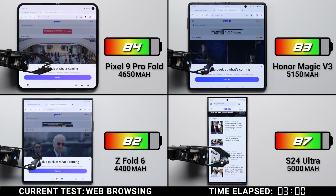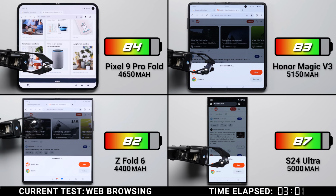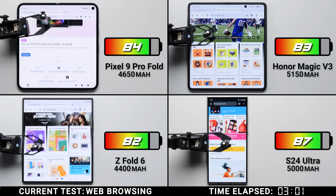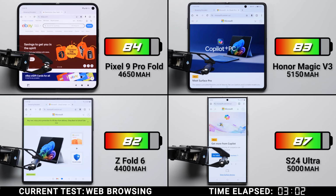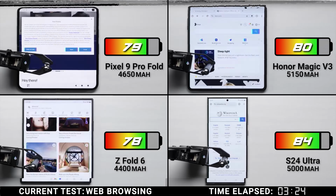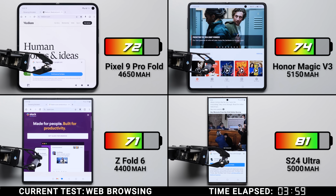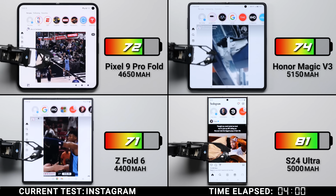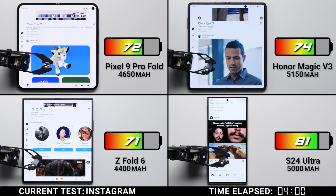where this time not only will the screens be a major factor, but so will the processors, with all of the phones actually having the same chip with the Snapdragon 8 Gen 3, except for the Pixel, with Google instead opting to use their own in-house Tensor G4, where at least when it comes to web browsing, it seems to be a little bit less efficient, with the Pixel taking the biggest hit. Meaning, as we head into Instagram, the Magic V3 is our leading foldable,